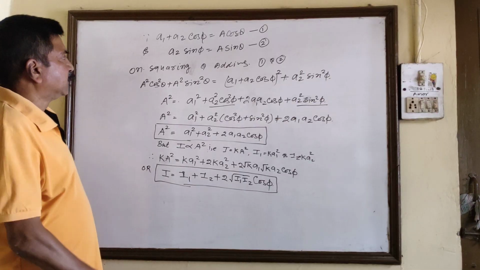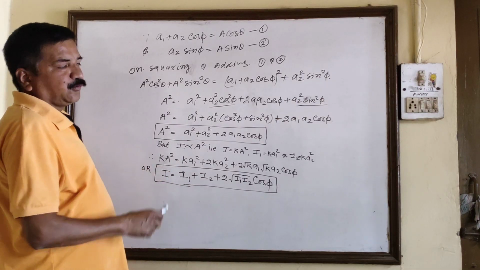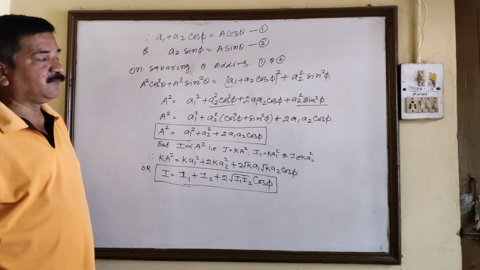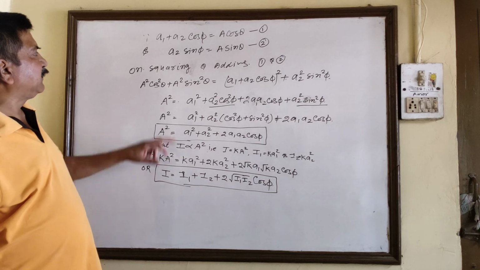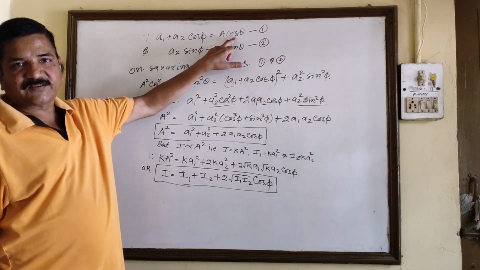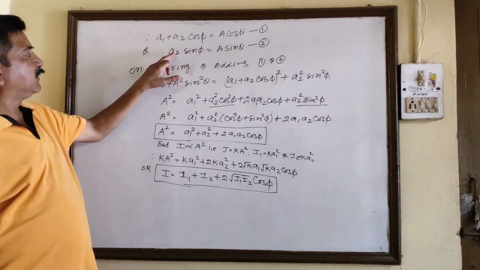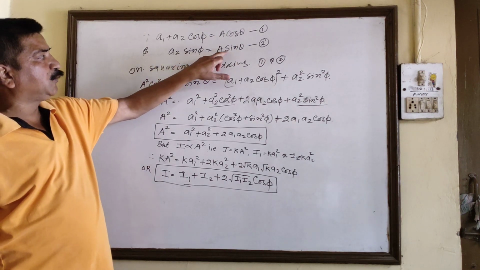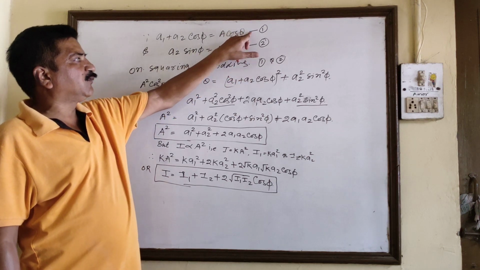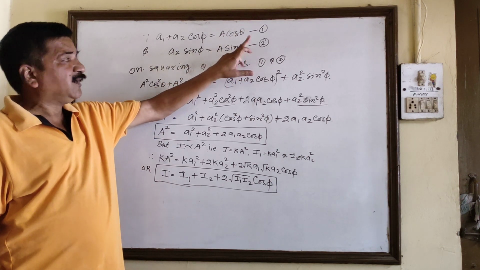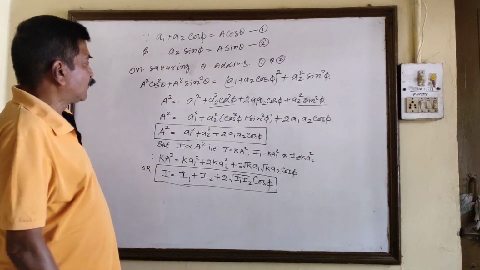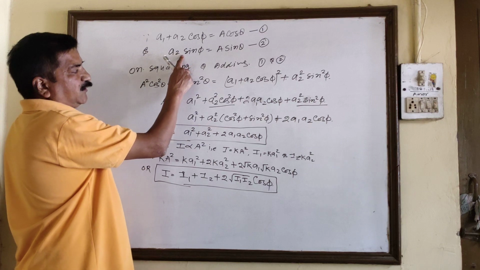Now we have to find the resultant amplitude A of the resulting wave. So we considered that A1 plus A2 cos phi is equal to A cos theta, and we considered A2 sin phi is equal to A sin theta. Take these as equations 1 and 2. Right? As we have to find the resultant amplitude, on squaring and adding both these equations, we